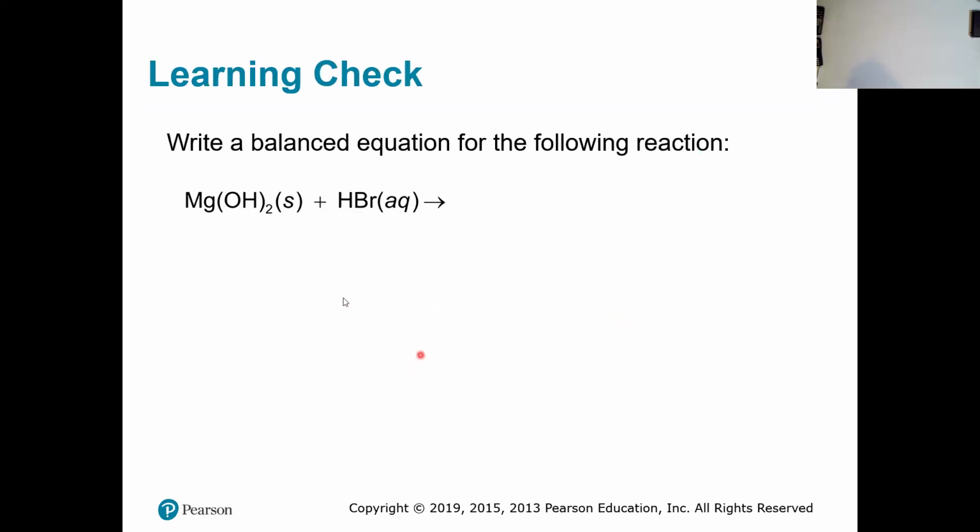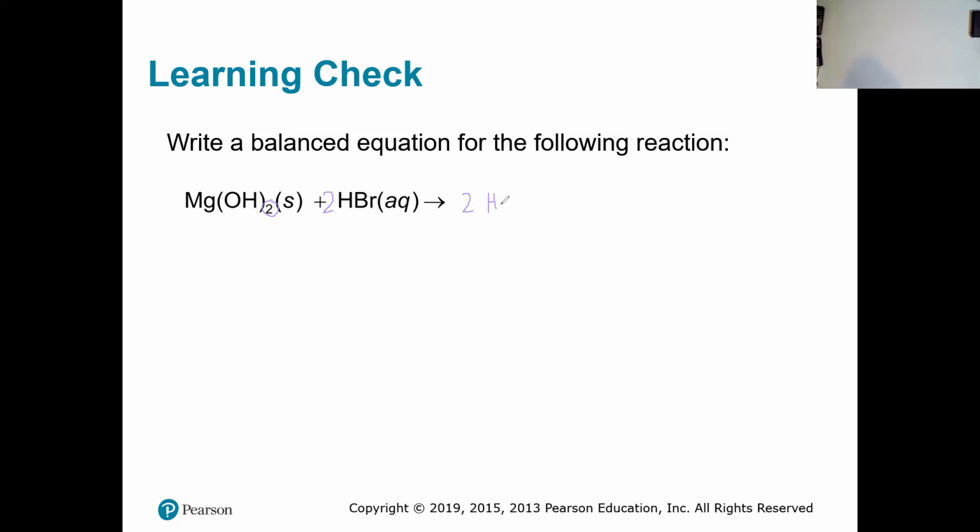Okay. So for an example, you have magnesium hydroxide and HBr. So what they're suggesting here is that you look at the fact that you have two hydroxides and you have one hydrogen here. And so you're going to need two hydrogens to match your two hydroxides. And if you have two hydrogens and two hydroxides, that means that those are going to combine to make two